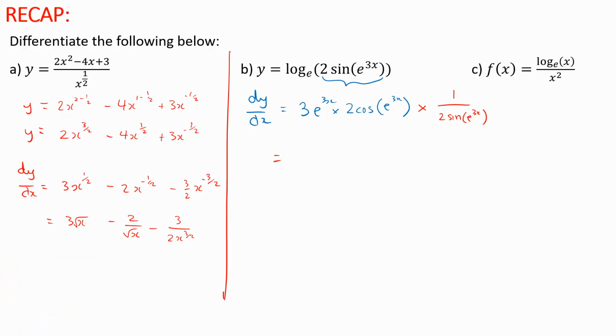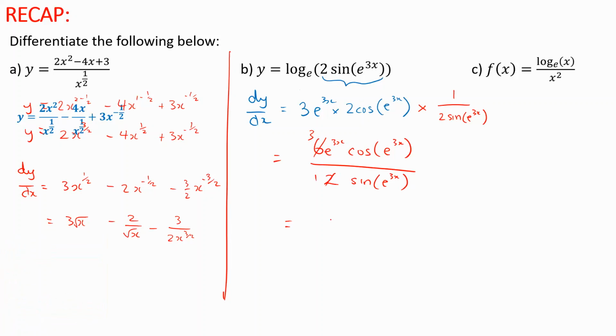Okay, and so then you say, all right, let's multiply all that together, and that now gives you 3e to the power 3x, or times 2, that gives you 6e cos of e to the power 3x, all over 2 sine e to the power 3x. Okay, and conveniently 6 and 2, you can simplify that down to 3 and 1, so that becomes 3e to the 3x cosine of e to the 3x, all over